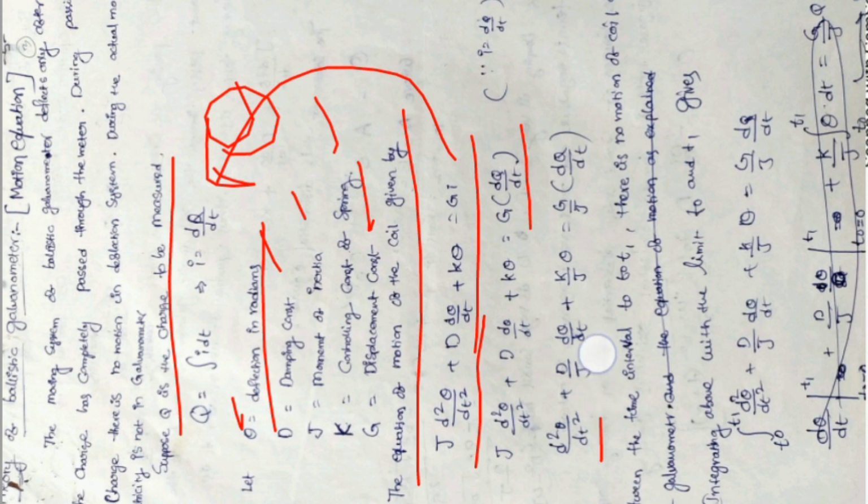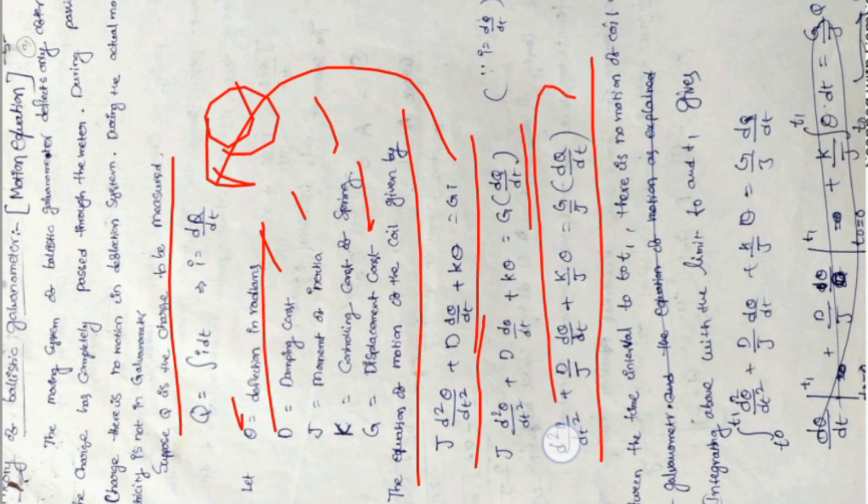Dividing both sides by J, we get d square theta by dt square plus D by J d theta by dt plus K by J theta equals G by J